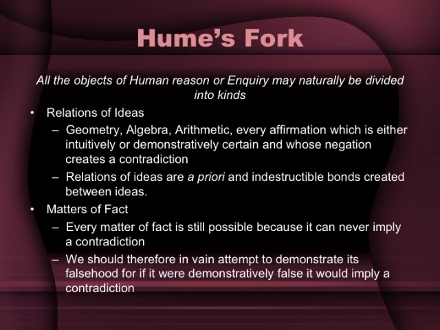Number two, Jim is a bachelor. Then the conclusion, therefore, Jim is an unmarried man. We can come to the conclusion that Jim is an unmarried man and by definition, a bachelor. So the relation of ideas is that which creates this indestructible bond between reasoning. And there's something else that is very distinct for relations of ideas. If I negate the conclusion, it creates a contradiction within the premise. And let me explain this.